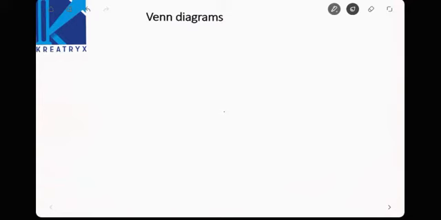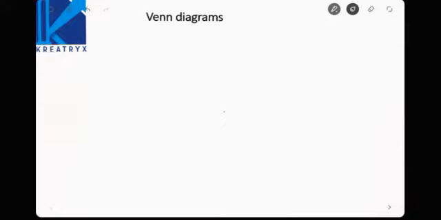Hi friends, let us discuss the theory part of Venn diagrams. As you have seen set theory concepts earlier, we will go with another way, which is a layman concept, how to do Venn diagrams. There will be two types of Venn diagrams frequently asked in GATE: one is 2 variable and the other is 3 variable. Now let us start with the 2 variable Venn diagram.